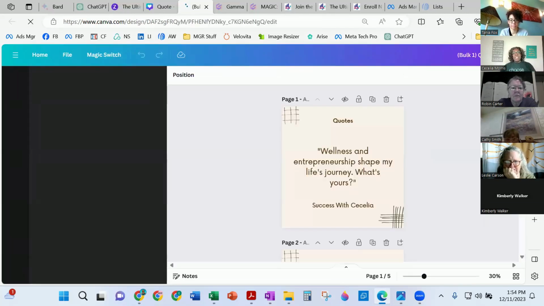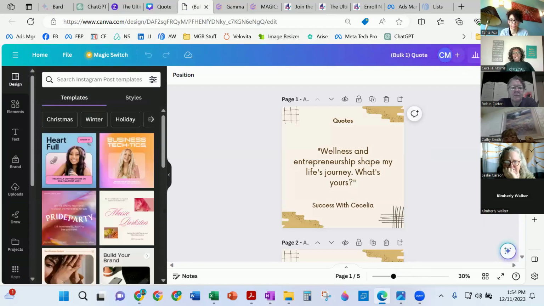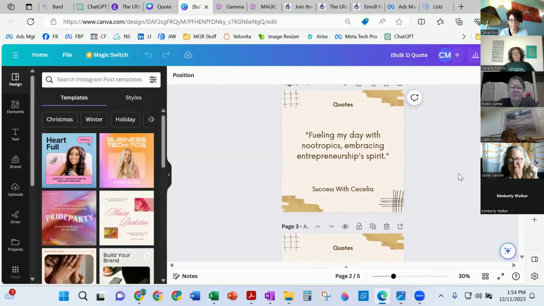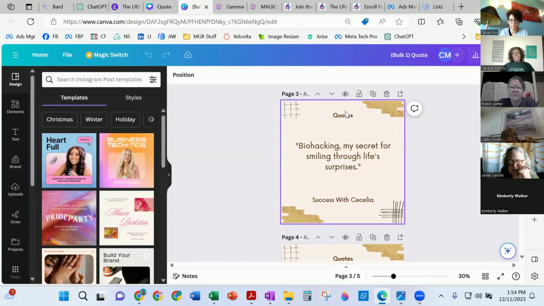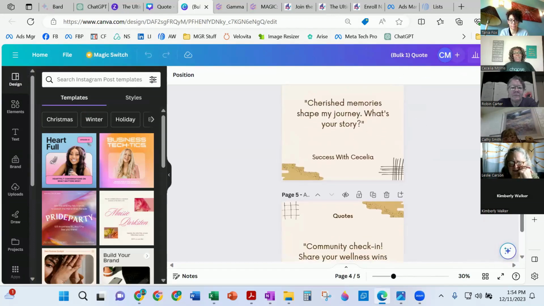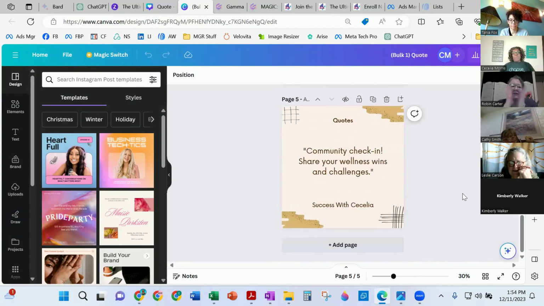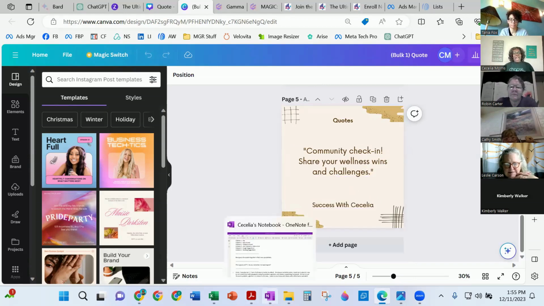And here it is. Now I've got 5 quotes that I can use. I could have taken quote off the top if I wanted to. Thank you again for helping me out with that. I had a brain fart, so I really appreciate you. See how easy this is to take information from ChatGPT and use it in Canva. And now I can download these. They're already 1080 by 1080, which is Instagram square size. I can just download these and then schedule them to upload at predetermined intervals to post on my social site. And they're branded with my name as well. All right, so there we go, you guys. So there is that piece of the content.